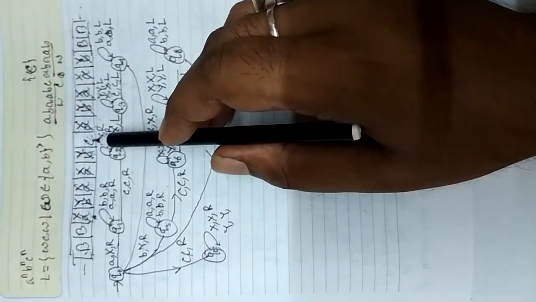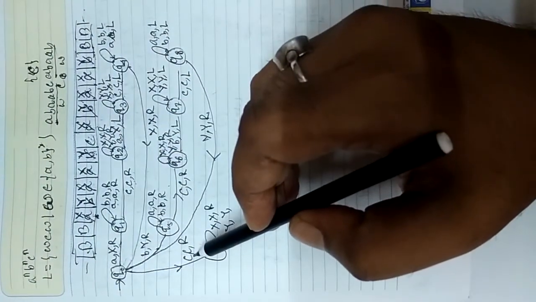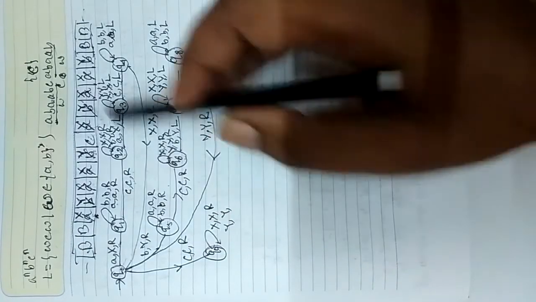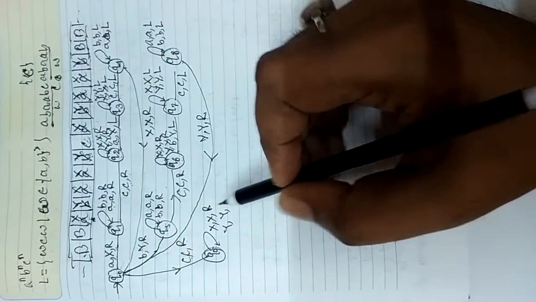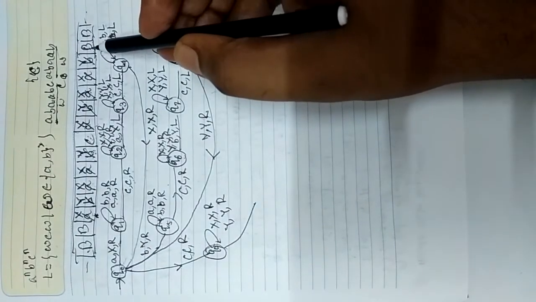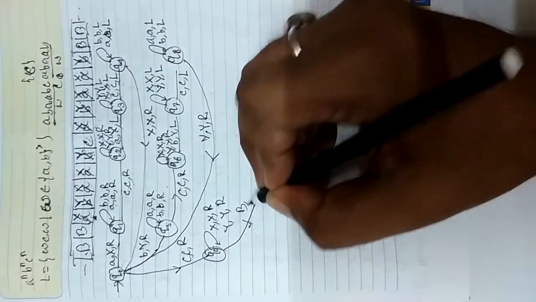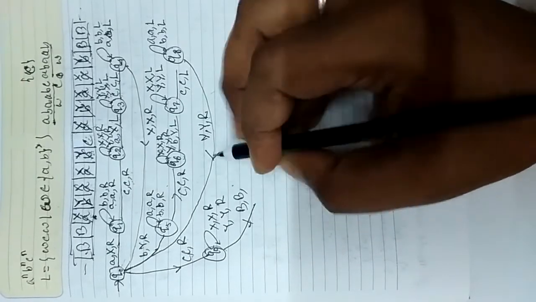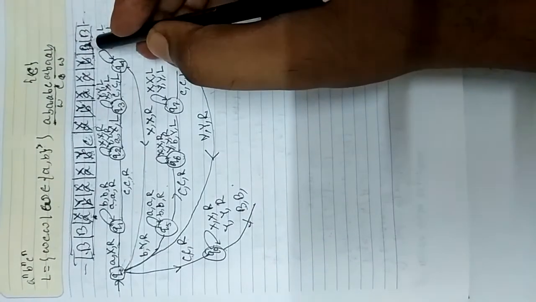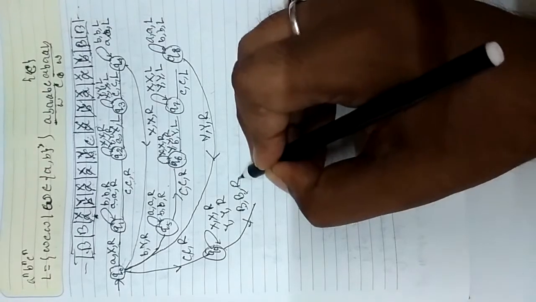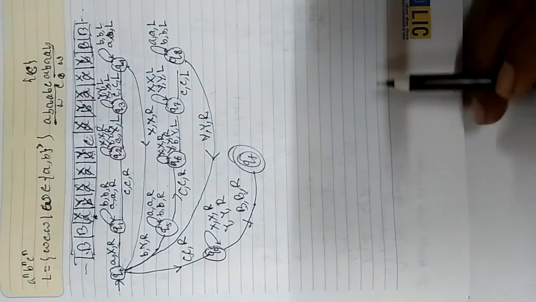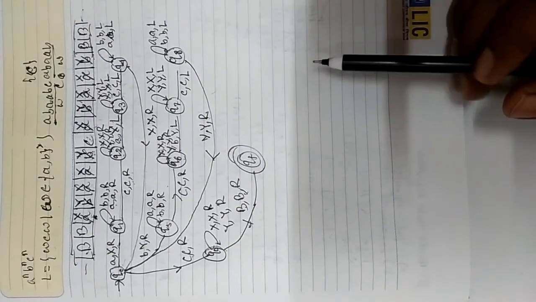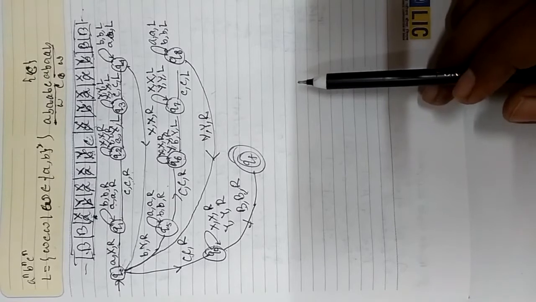When you move towards right, again you encounter c. So you encounter c, replace c by c, and move towards right. Then you continuously encounter either x or y. So x, right, y, right, and finally you will encounter this blank. It is represented by blank blank. That is, you read blank, replace this blank by blank, move ultimately right, and you go to the final state. So this is the working procedure of this particular problem, WCW.